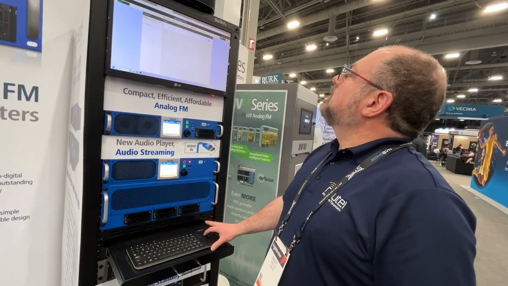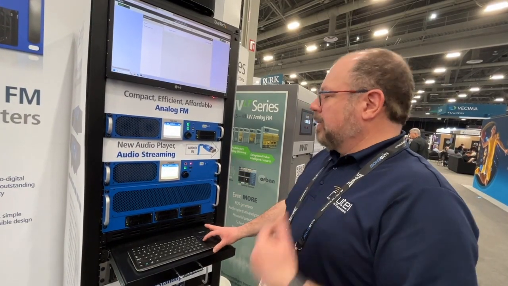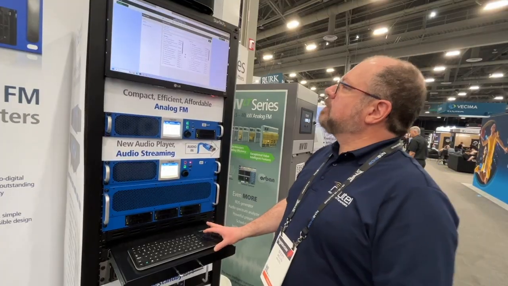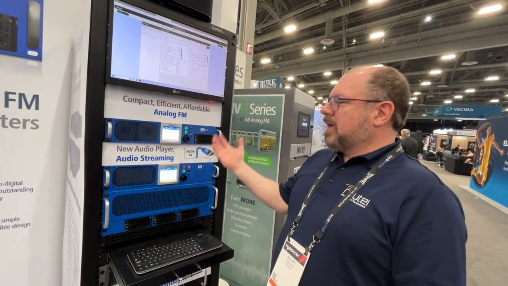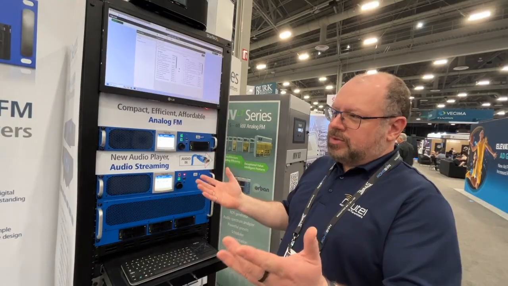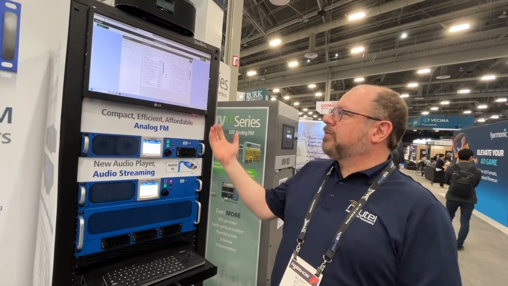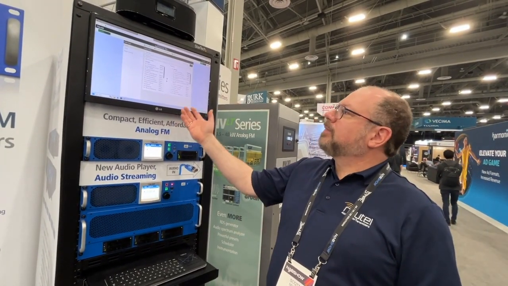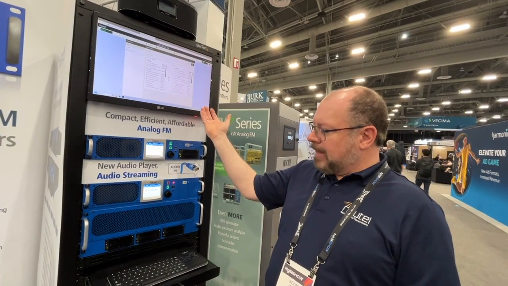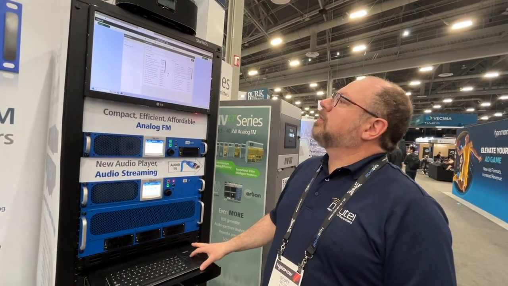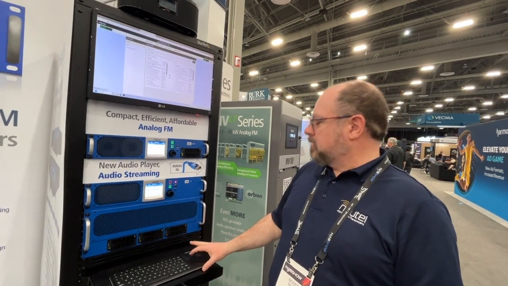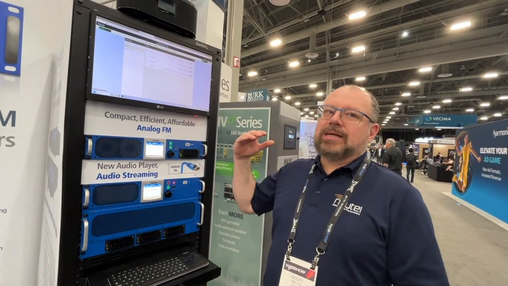So now users can set up, primarily as a backup, but some stations use it as a full-time source. We can set up playlists from files stored on the transmitter so that if, say, you lose your studio link, you basically can create this as a backup. You can set up a preset so that if you lose your main studio link, you fall back to this. We can build multiple different playlists on this. In this case, we're using files, but we also offer streaming support as well. So if you have a studio stream, say an HLS stream, we can receive that stream and use it as a fallback